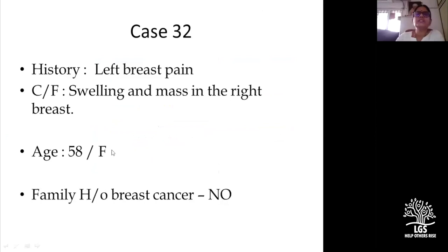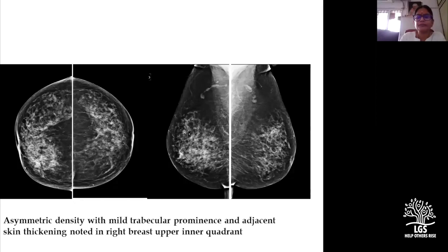So these are a couple of case scenarios I put in here. This is somebody who's 32 with left breast pain, swelling and mass. Clinical finding: she came with left breast pain, but we actually found the swelling and mass on the right side. And age 58, I don't know if I've got the right PPT on. Sorry, there's some mix up here, but anyway, this mammogram actually can